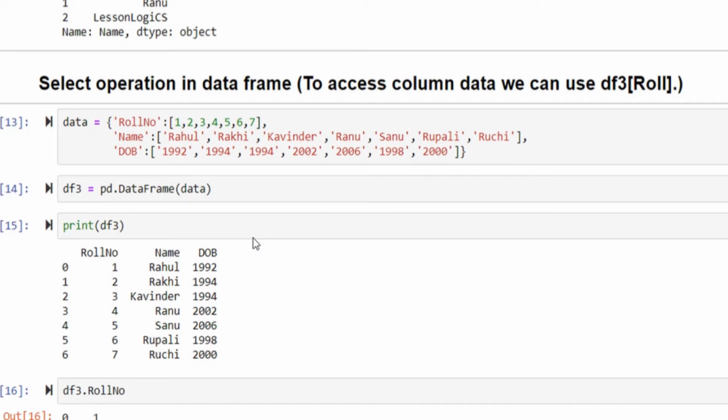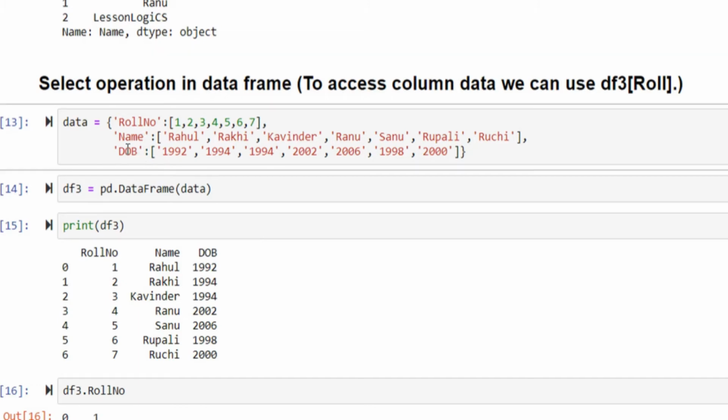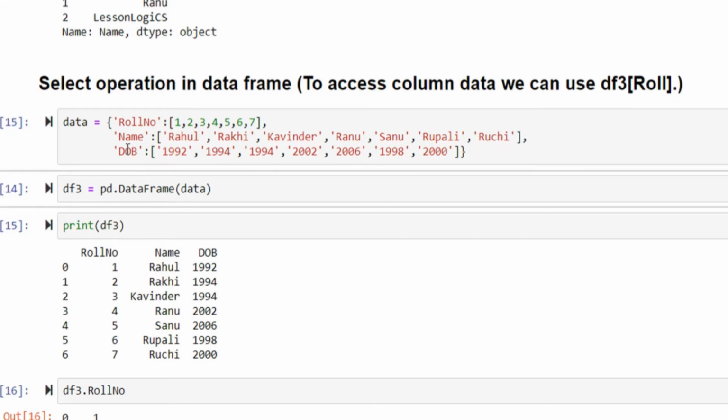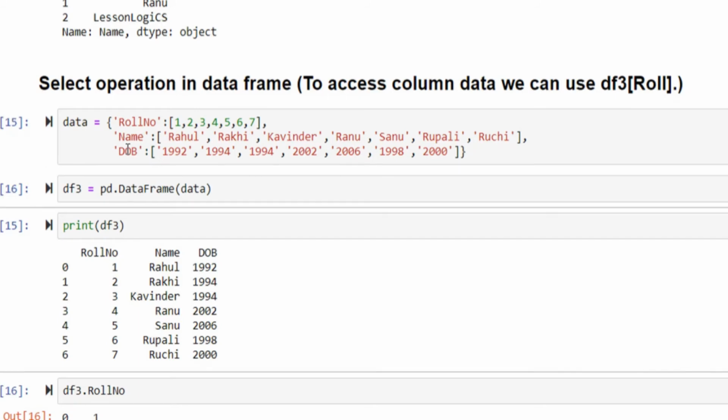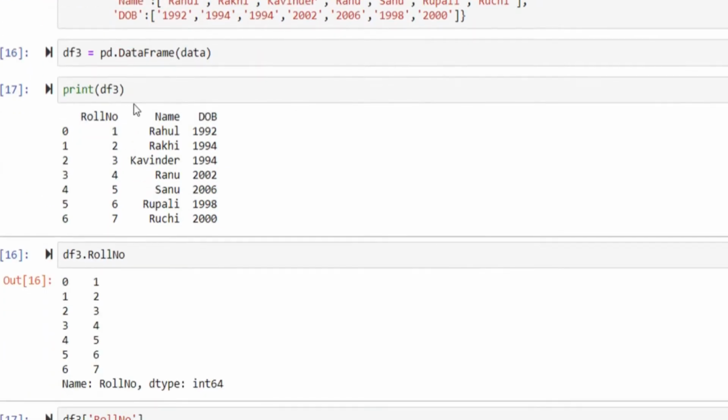Now, selection operation in a DataFrame. Why do we use selection operation? To access column data, we can use df and pass to that DataFrame what we want to access. We have data as a dictionary. We'll create a DataFrame from that dictionary. Now we'll print this DataFrame.